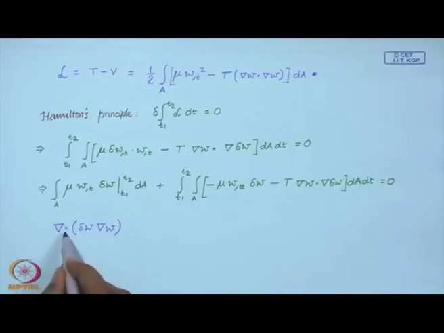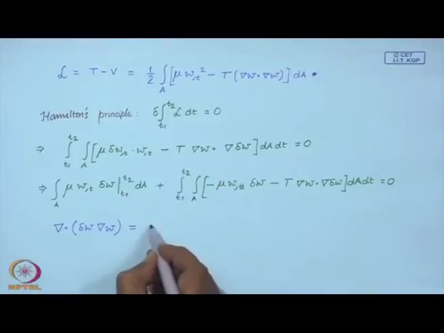So, I am taking the divergence of a vector. So, this is a vector and this is a scalar. So, it is a scalar multiplied by a vector, and we know that this turns out to be